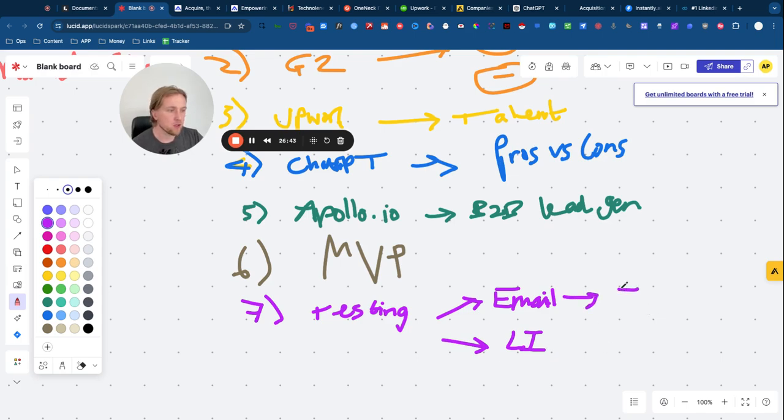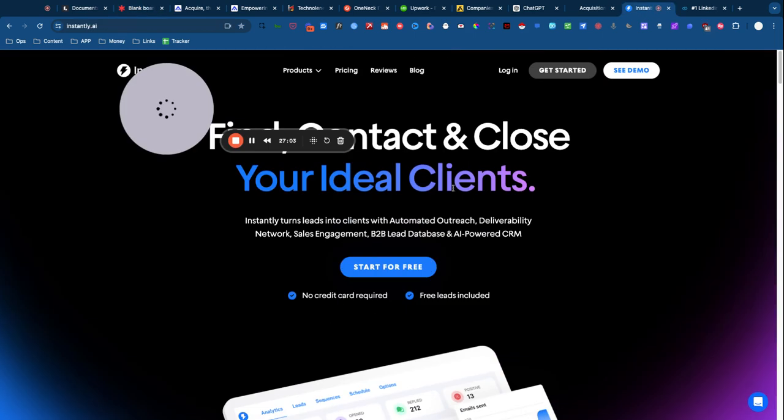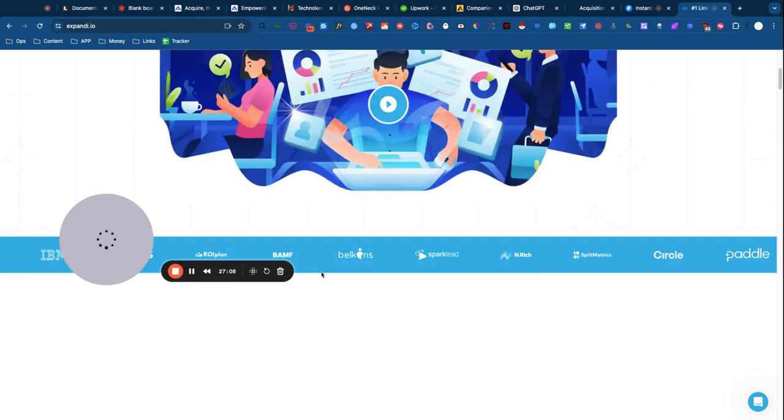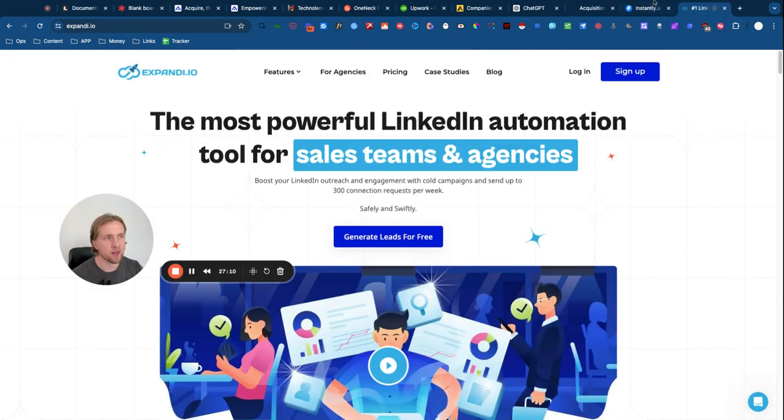Okay. So we recommend Instantly, hands down, above any of their competitors. And then we recommend Expandy, where you can build from scratch customized workflows to connect with your ideal client profiles and actually start pitching them. All right. And what we want to do in that process differs slightly when it comes to cold email and when it comes to outreaching on LinkedIn. All right. And this is not an outreach video.